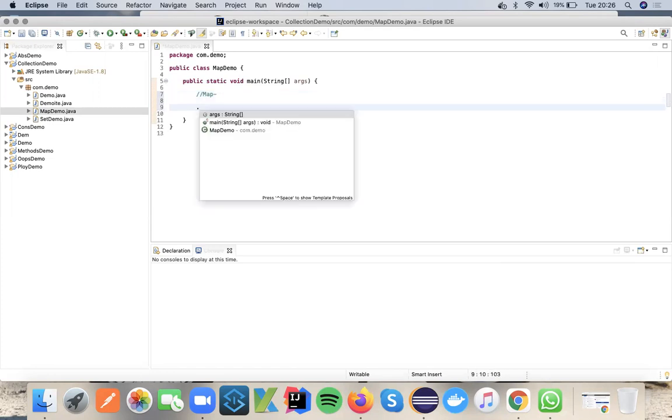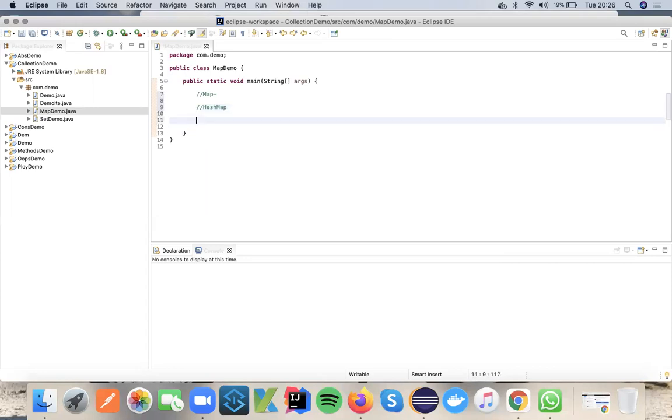There are three different classes which implement the map: the first one is hash map, the second one is linked hash map, and the third one is tree map.